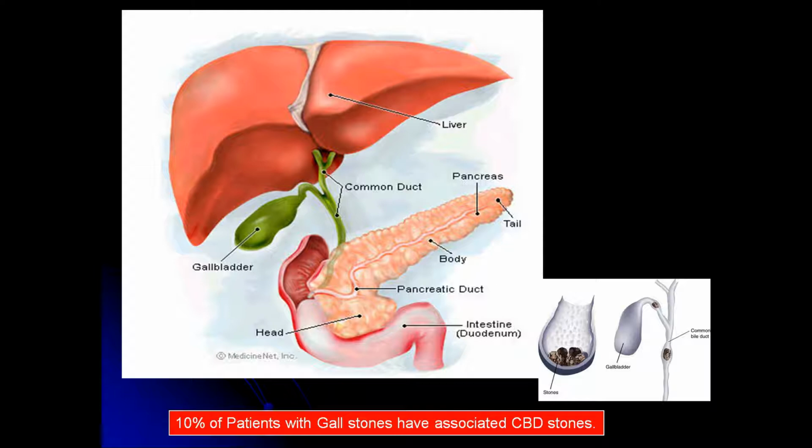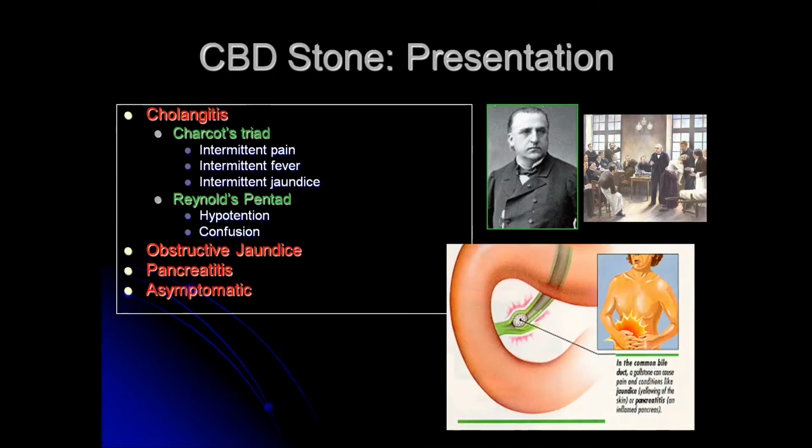How to recognize them? Next slide. The gallbladder stone can present clinically with either intermittent pain, fever, jaundice, what we classically call as a Charcot's triad, or sometimes they can come to the ICU with confusion, hypotension, septic shock, what we call Reynolds' pentad, and it is one of the common causes for obstructive jaundice. Biliary pancreatitis is yet another clinical presentation, but often a large majority of the patients with a bile duct stone can